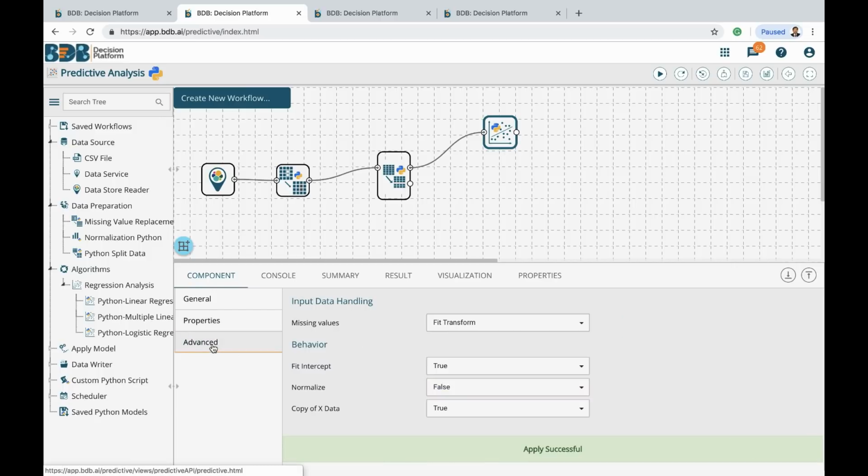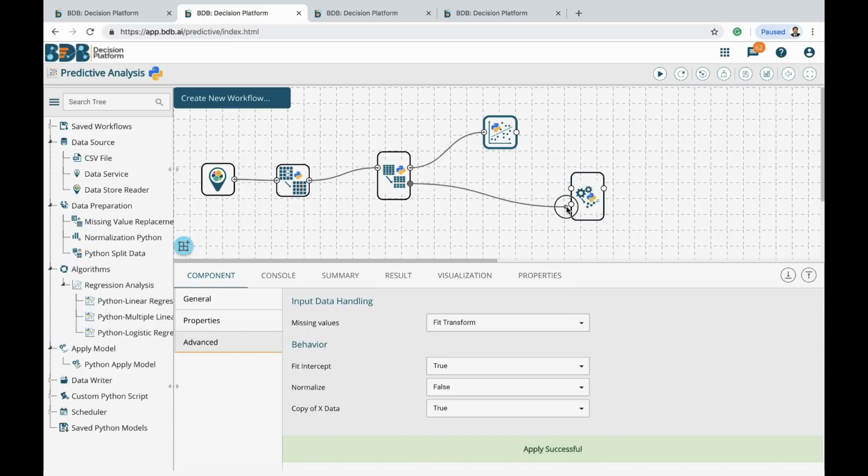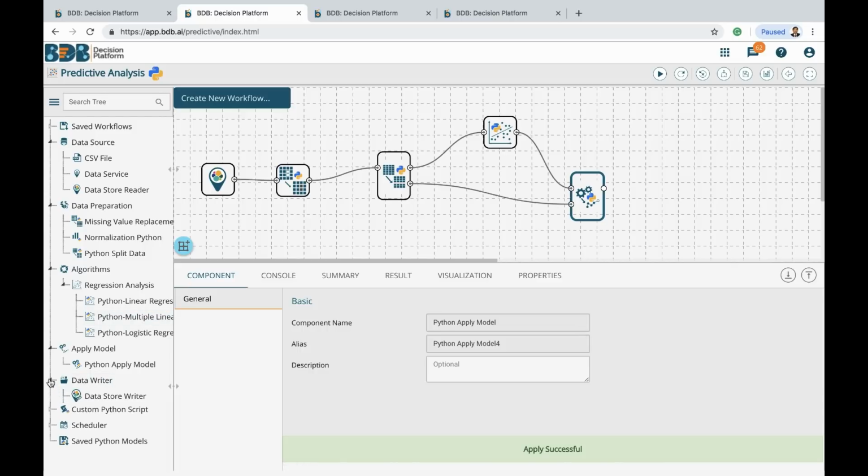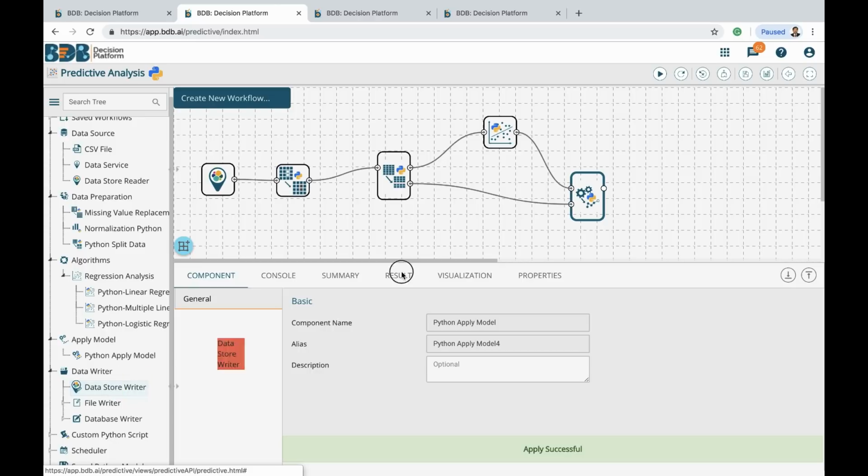And we can just apply it for simplicity. We'll see if anything is required in the advanced tab. We have already taken care of all of this, so this is all fine. What we have to do is just apply the Python apply model, and test data will come here and algorithmic data will come here. In the apply model, this is all fine. We'll just apply this here. And now we will have to write it. So we will just use the data store writer,